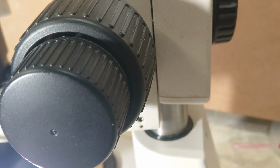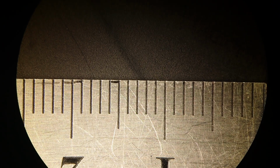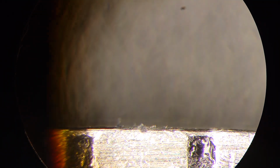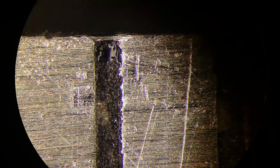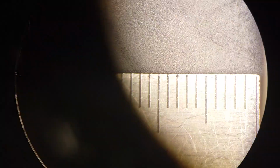So we need to find the field of view, and to be frank, it's not that big. At lower magnification we have only 27 millimeters field of view, and at maximum magnification we have kind of 3 millimeters here, not that much, even 2.5, can you imagine? So technically it gives us a very small field of view, but it gives us something else that is much more interesting than just a field of view. So let's look